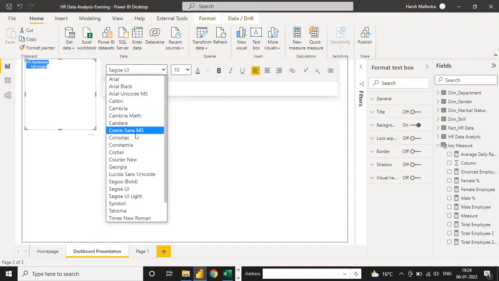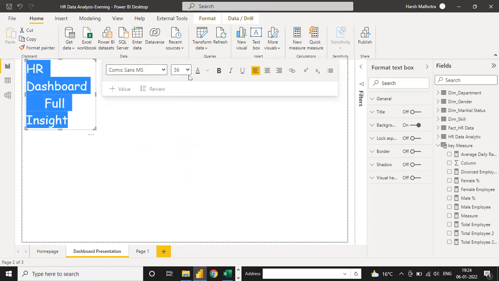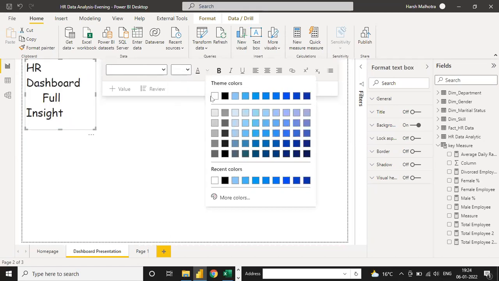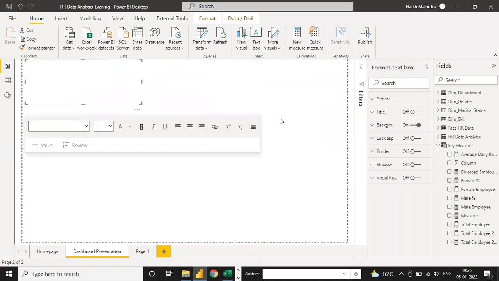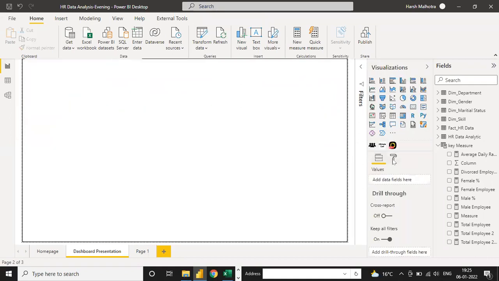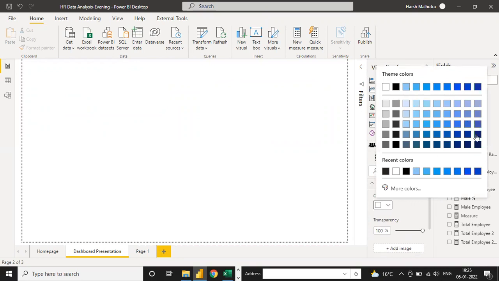Click on this, change the font, heading, size, and color. Select outside, click on this page background. I'm going to make a new page header color, so a dark color.